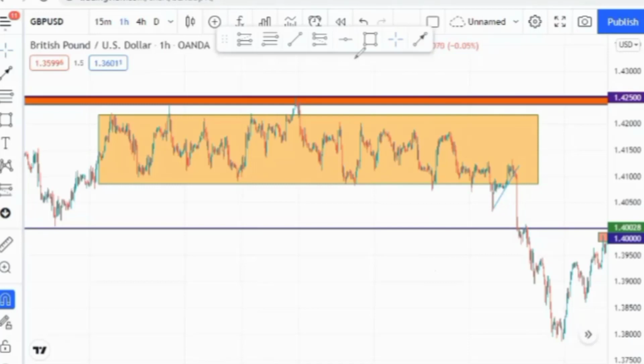So how do you picture an entry in this market? First thing, you wait after cloning it. The next thing, you wait for a break of the box. All right, you wait for the box to break and give you an entry. It breaks and gives you either an ascending pattern or a descending pattern. What do I mean by giving you either an ascending pattern or a descending pattern? What I basically mean by that is that